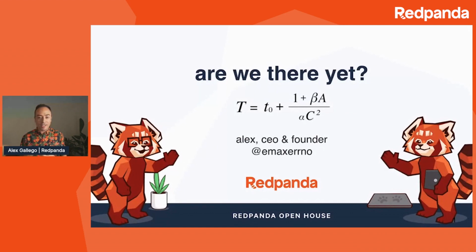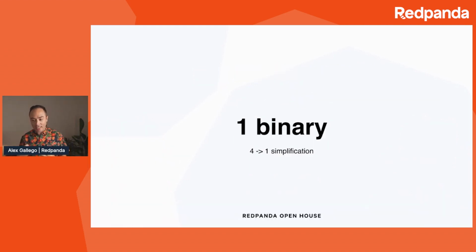To a large extent, I felt that when we were building Redpanda, we were always trying to answer this question: are we there yet? And by that, I mean, did we manage to make streaming as easy as batch? And so I was reminded of this fun formula by this mathematician, Dwight Berkeley, where he was trying to model the time that his kids would ask him, if we were to get on a car ride, how long until his kids start asking, hey, did we arrive at that location yet? And, you know, it just was stuck in the back of my head. Are we there yet? Did we actually make streaming easy?